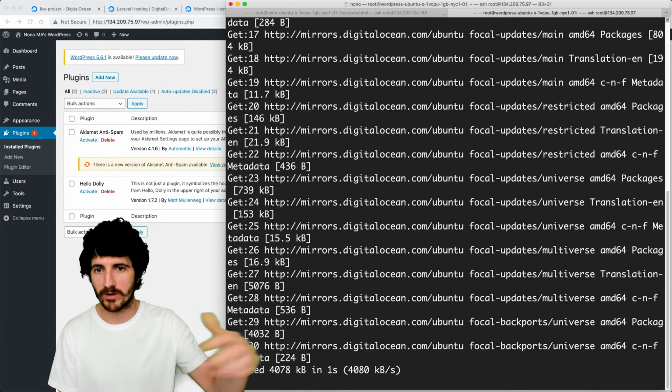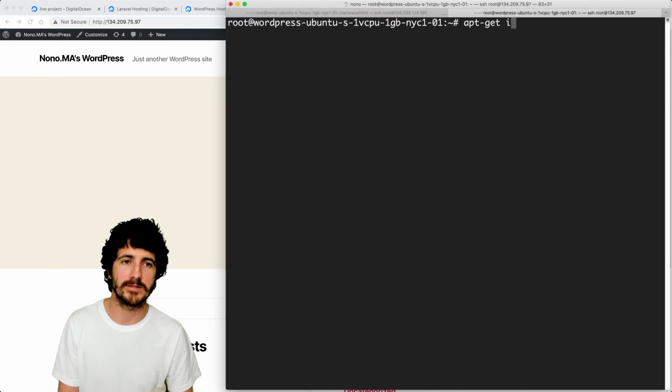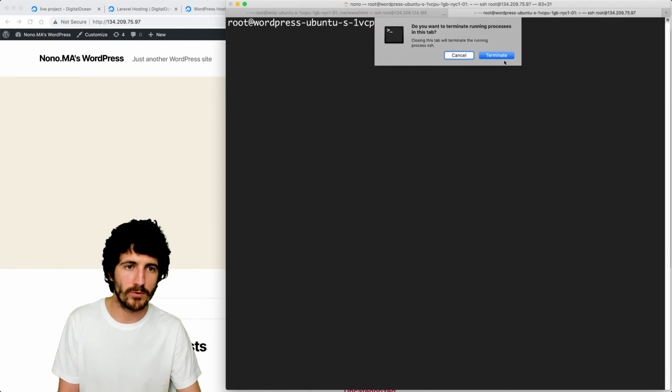So just don't be fooled that this is a restricted thing, and if you pick WordPress, you're not going to be able to install Laravel or Node.js or Docker. We could do the same thing that we did before, and now do apt-get install whatever. All right, so that is WordPress, which we're not going to see a lot of.